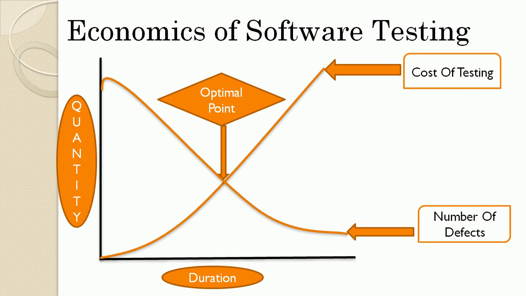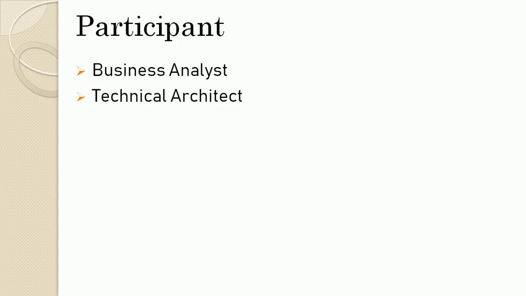So let's understand now the participants involved in software testing. Testing is conducted by most of the members from the project team, and during different phases of SDLC, of course. So the purpose and the type of testing conducted by them are different based on their role, right? So let's understand the participants. The Business Analyst, BA, ensures implementation of all business requirements, right? Then the technical architect checks correctness of the implemented architecture and the technology used. Then